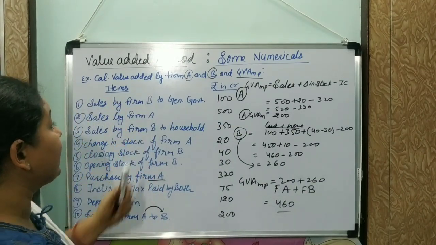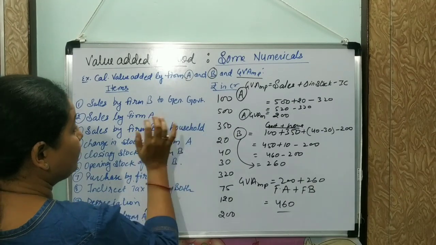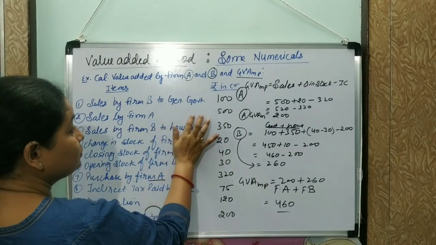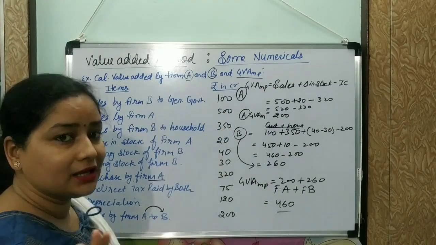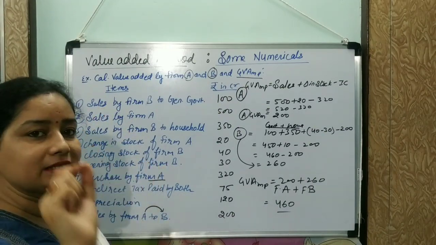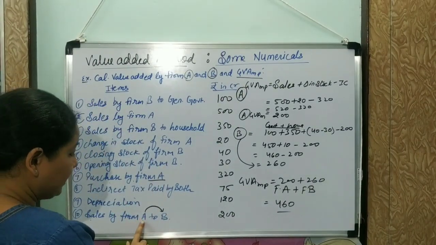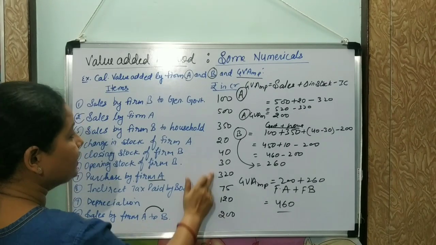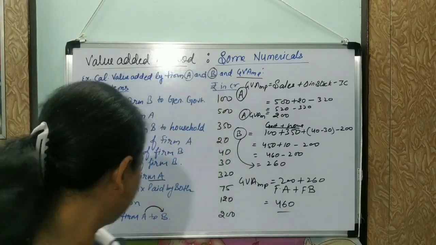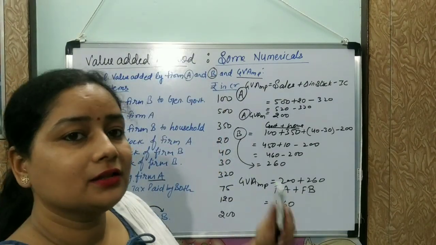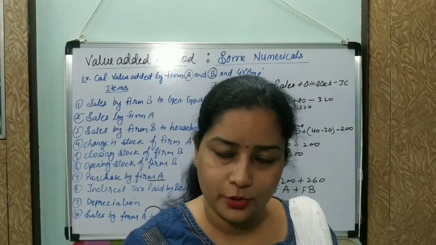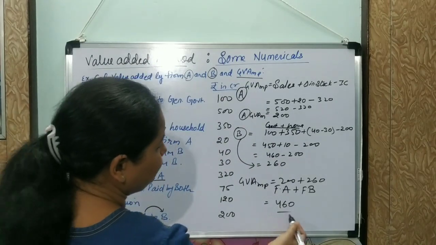Because here nothing is written as that firm A sells to government, firm A sells to household, firm A sells at domestic level, firm A sells in the form of export. Nothing is written. It is only sales. Sales indicate itself a total sale of the firm in which firm A sale to B, that is 200, is already added. This is the reason we will not take sale of firm A to B in the final sales of A. Understood? Point clear हो गया? Now no problem. So we got GVA MP.